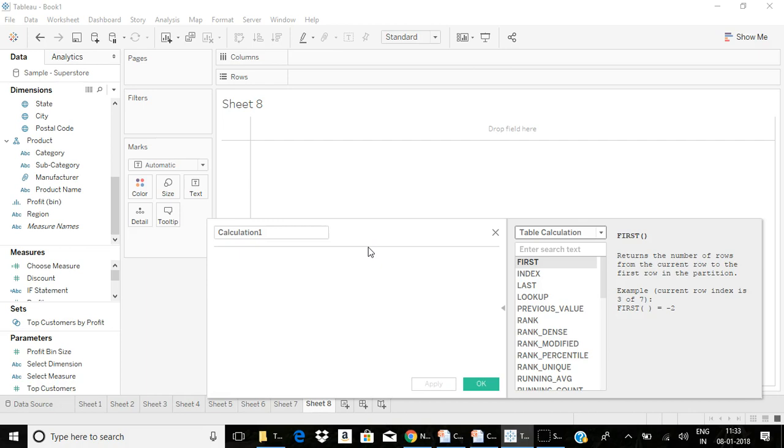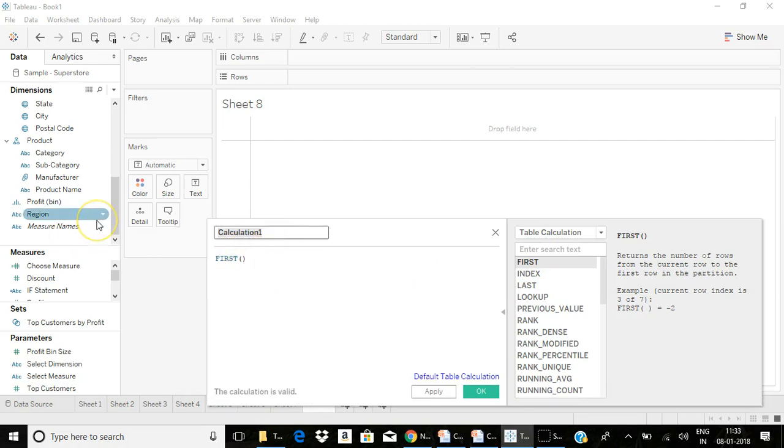We have some table calculations which are mainly based on partitioning and addressing fields. For example, first will return the number of rows from the current row to the first row in the partition. Your first value is identified by 0 and the consecutive values are identified by negatively decreasing values.